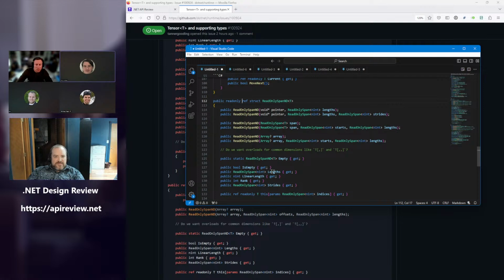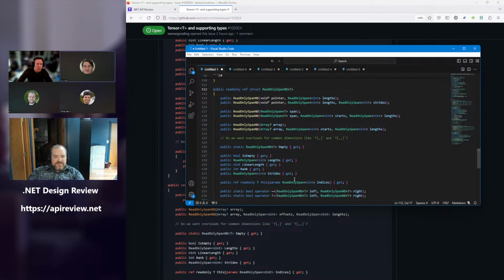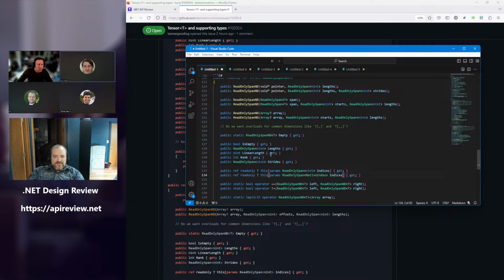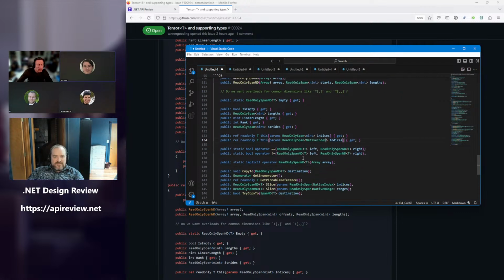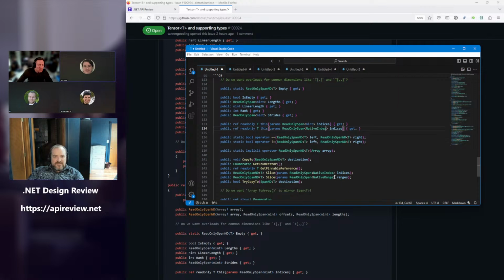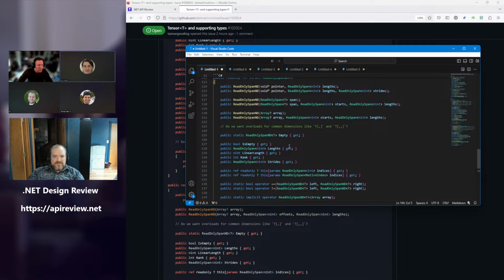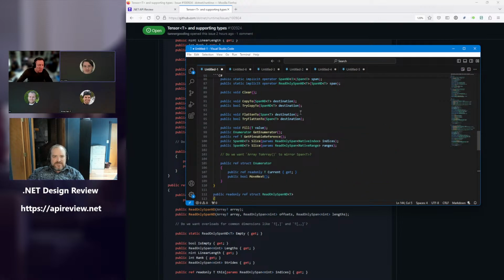It's worth noting that we opted for span ND here. We did actually discuss whether or not we wanted to have explicitly numbered dimensions like span 2D, span 3D, span 4D, etc. for the most common dimensions, potentially as a form of optimization. That was turned down for kind of two reasons. One, that's a lot of additional types that aren't clear if they are going to be that beneficial, and which